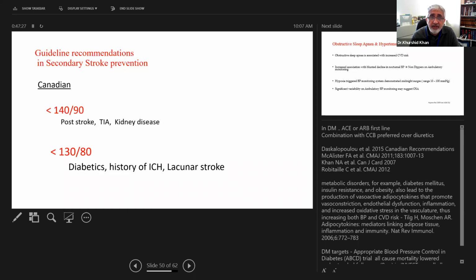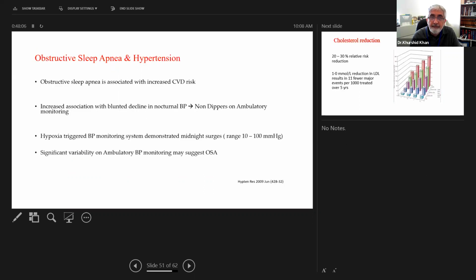According to the Canadian guidelines, blood pressure should be targeted to less than 140/90 in post-stroke individuals without diabetes. But as you all know, some of the trials, SPRINT and ACCORD, have shown that a tighter target can achieve better stroke prevention outcomes, and the significant numbers were noted, especially for stroke. In diabetic individuals, 130 over 80 is the usual goal,